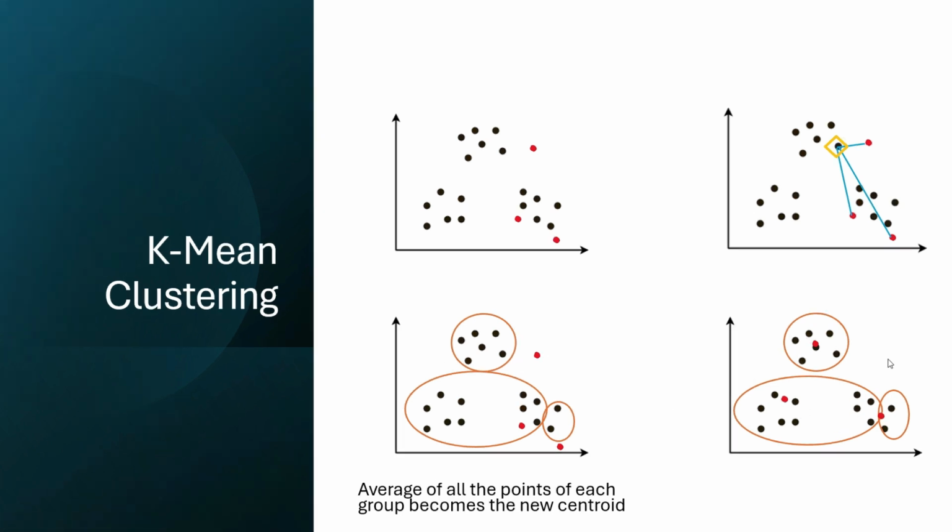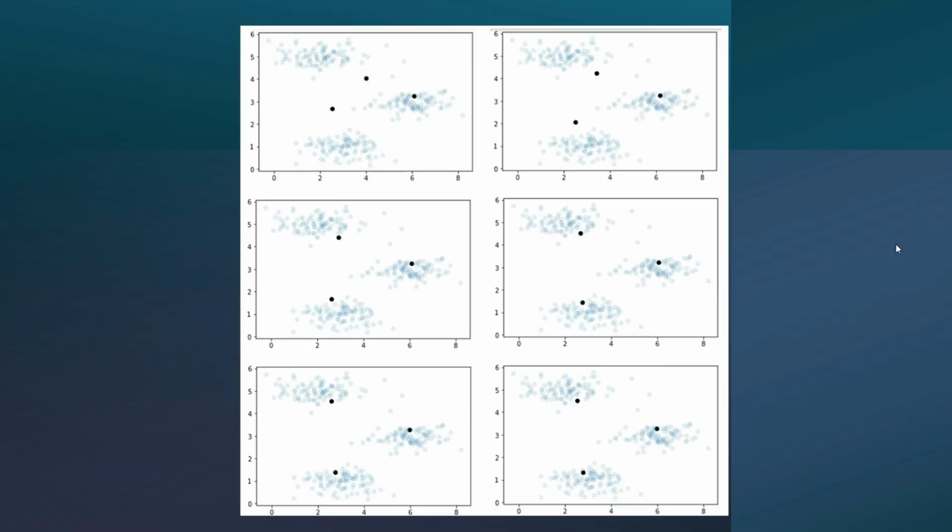When we have the new centroids, we will follow the exact same procedure we did here. We will calculate the distance of each of these points to the new centroids, assign the dots to the centroids again, and then take the average of each group to find other centroids. So this will keep going on until your centroids do not move anymore. Here you can see in this picture, I actually developed the algorithm, ran it, and this is how the centroids kept moving. First, these were 3 random points. Slowly, with each iteration, those 3 black centroids kept moving to the cluster center, and they got settled there.